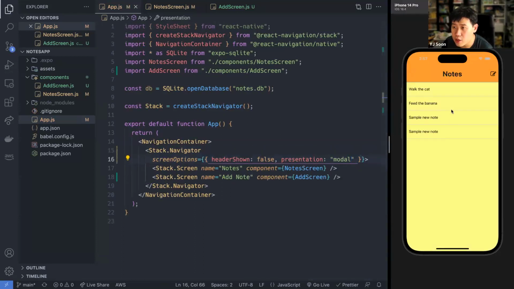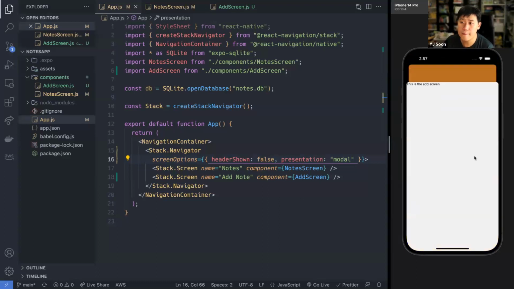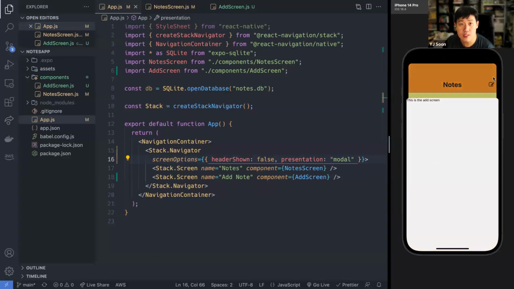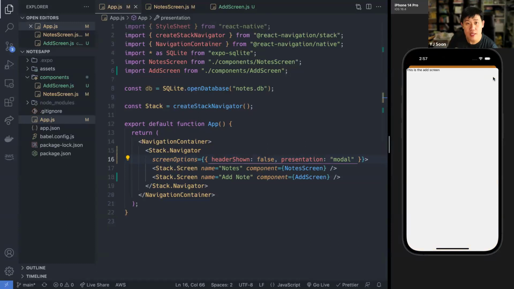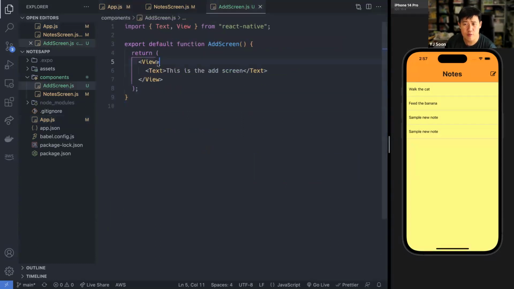Okay, so let's try it now. Maybe they'll remove the warnings and there we go. Okay, it does remove the warnings. All right, pretty cool. So now you can actually swipe it down, right? And we just need to design our ad screen so that it can create some data and update the main screen. Okay, before we call it a day on ad screen, I guess first of all, it's fairly rubbish looking.